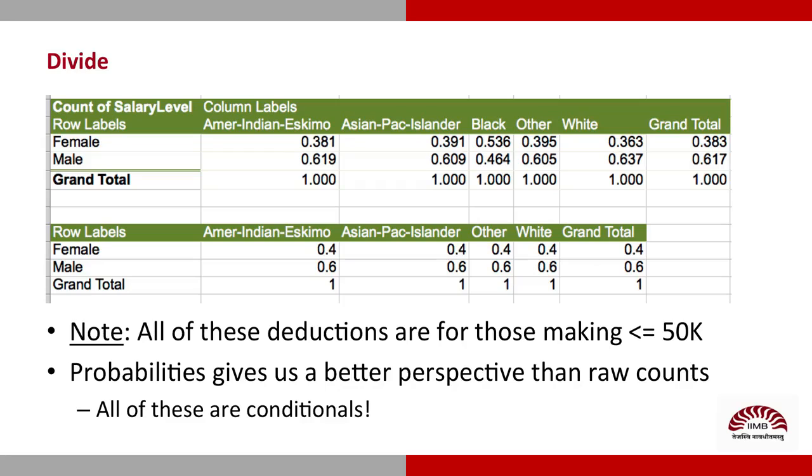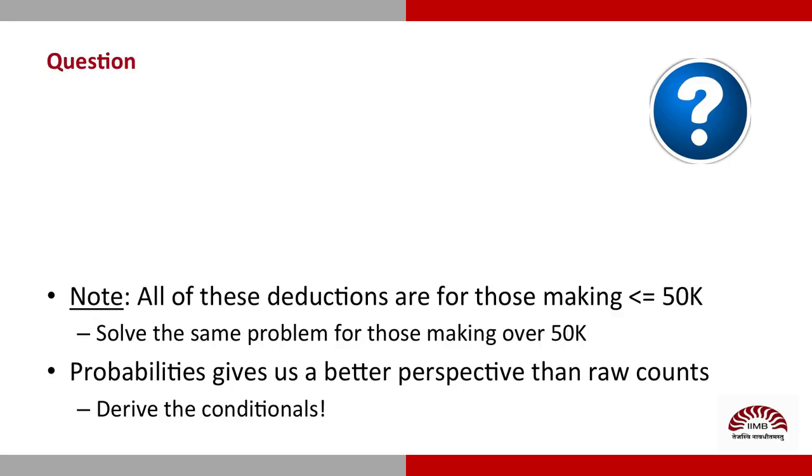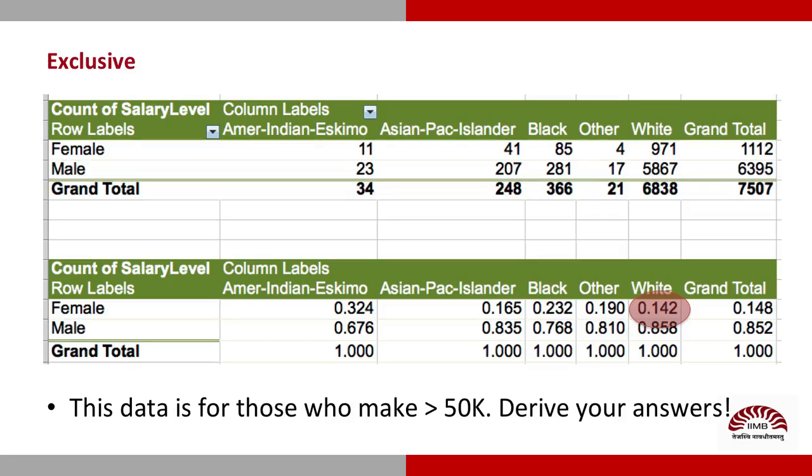These give us probabilities broken down by race. The gender divide has a surprisingly similar pattern of a 40-60 split between females to males across most of the races. Except for the blacks, where women rule, yeah. Who would have guessed? The numbers tell us the real story. Now I'll let you figure out the story when the salary level of everyone exceeds $50,000.